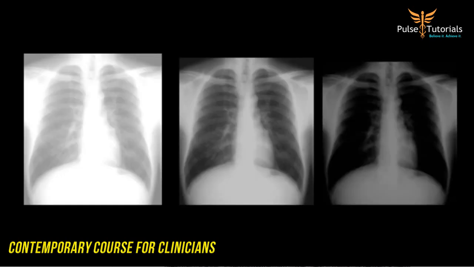And lastly, of course, was the exposure. The central X-ray, as you can see, is normal. The one on the left hand side is underexposed, and the one on the right hand side is an overexposed X-ray film. Once you're done with your RIPE, that's rotation, inspiration or expiratory film, projection and exposure,